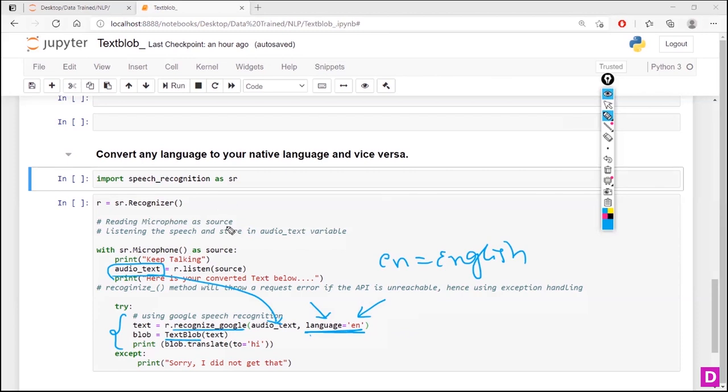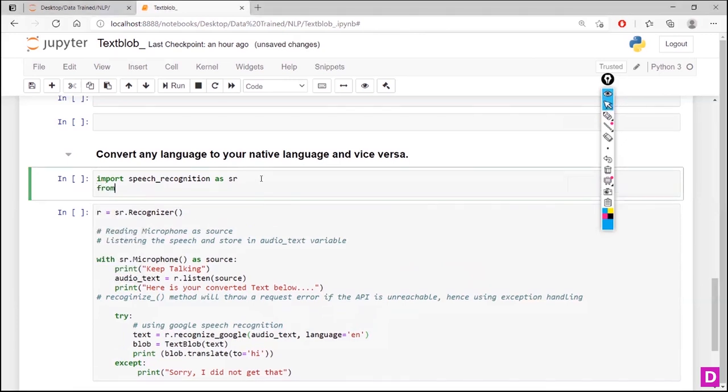Text blob, again, you have to import, as we already know that. So what I'm going to do, I'm going to import a text blob here. From textblob import TextBlob. Right? So that TextBlob is what I'm going to use here. I will pass this text. What is this text? This text is nothing but the language which we speak, right? That is stored in this text,